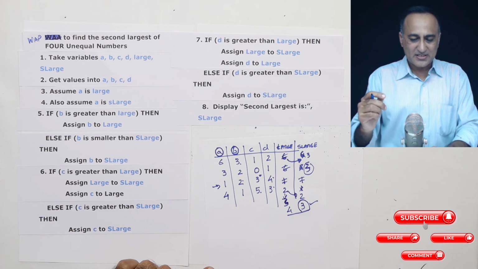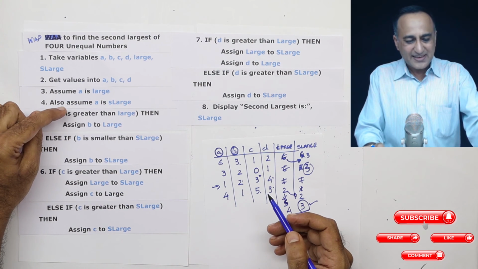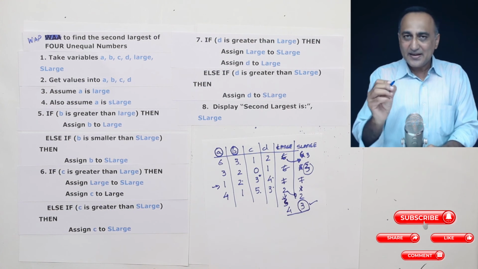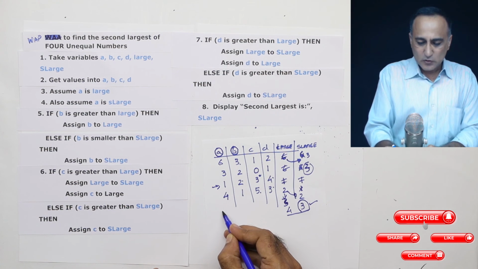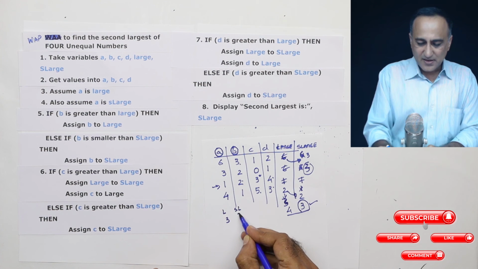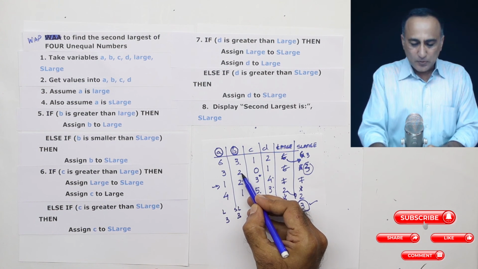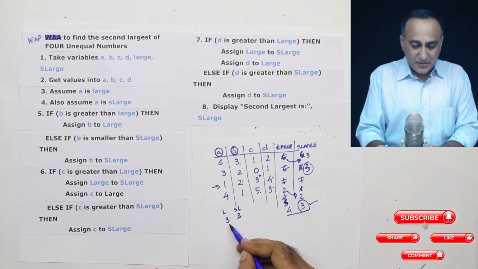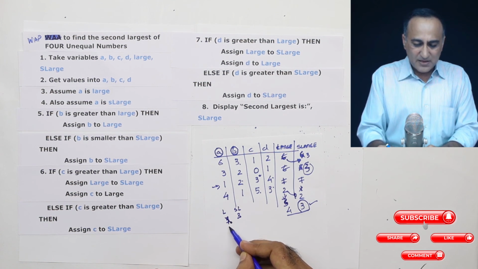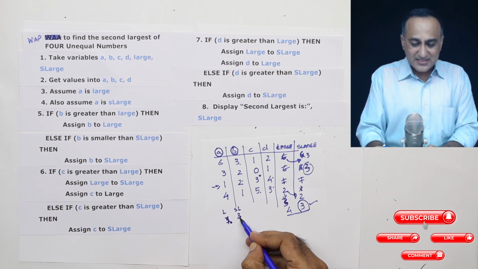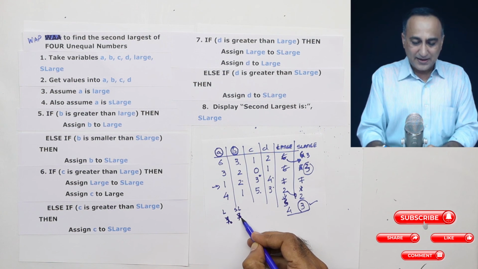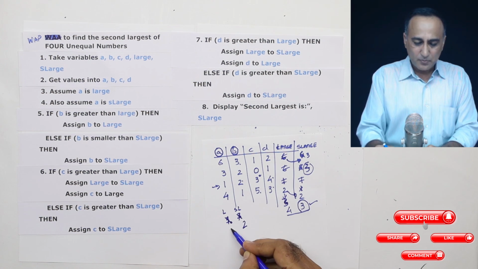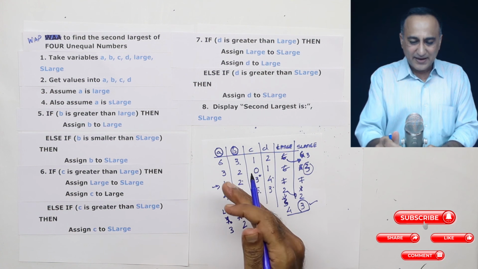The critical step to understand is initially you need to assume both A is large and second large. And when you're looking for B, look at the numbers. Suppose A was 3, so the large would be 3 and second large would be 3. Now when you look at B, there are 2 possibilities. B can be bigger than this fellow, and if it is bigger, then I will just change this fellow and make him the value of B. Or B can be lesser than second large. If he is lesser than this fellow, I'll replace them as in this case and make him 2. So once you do this, I have tackled A and B.